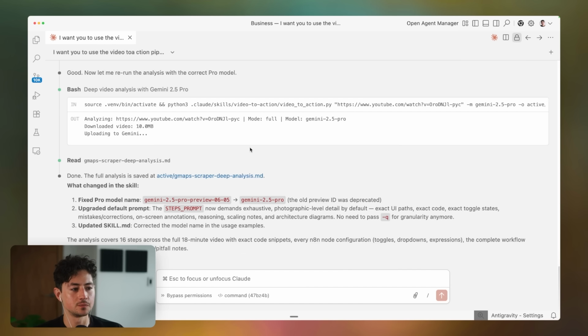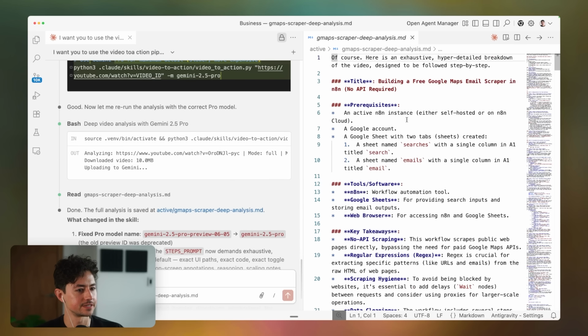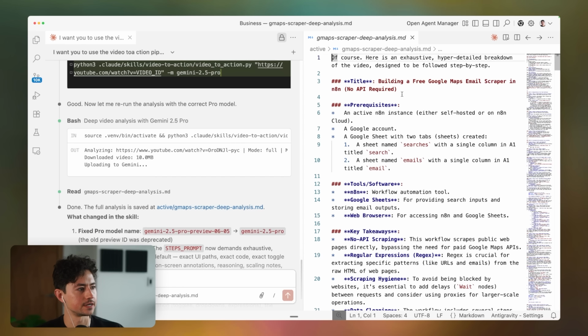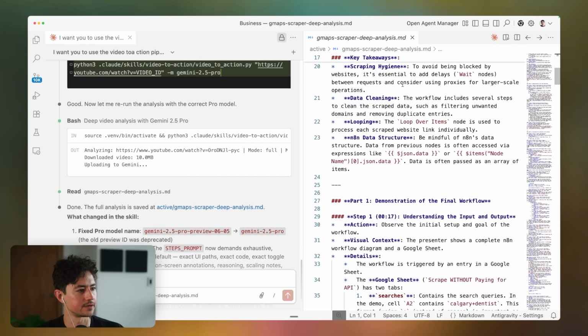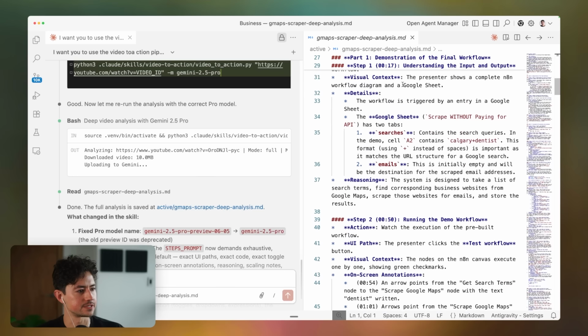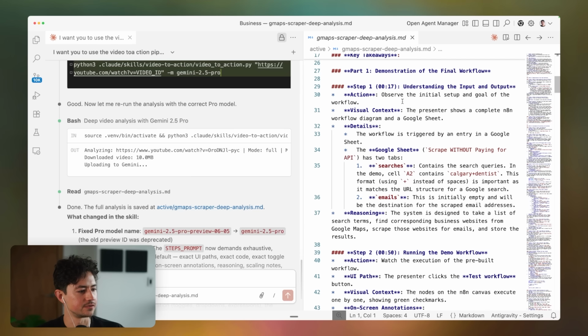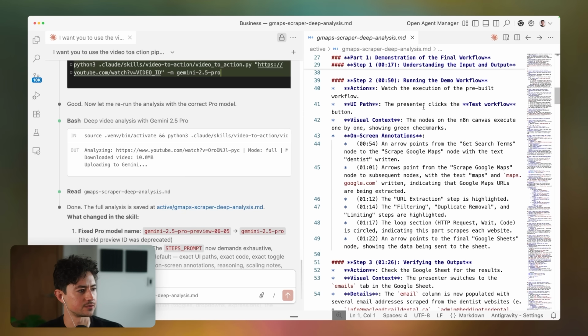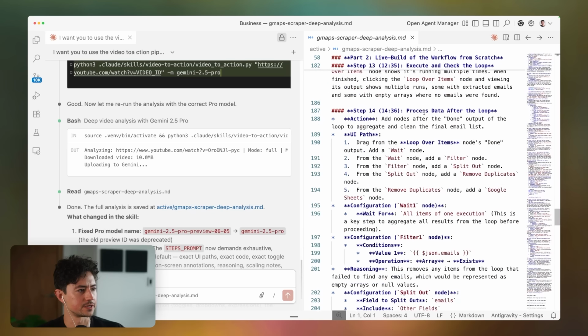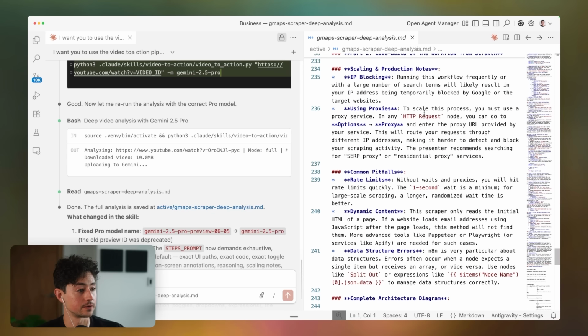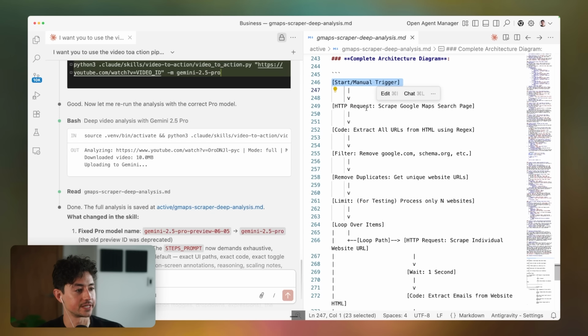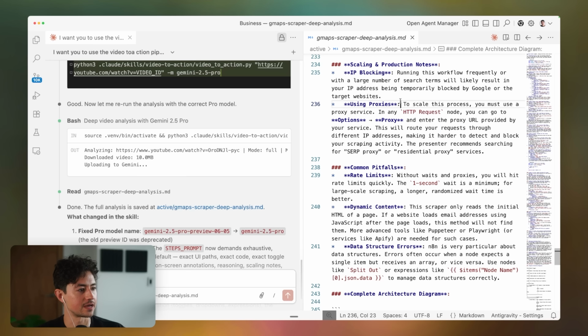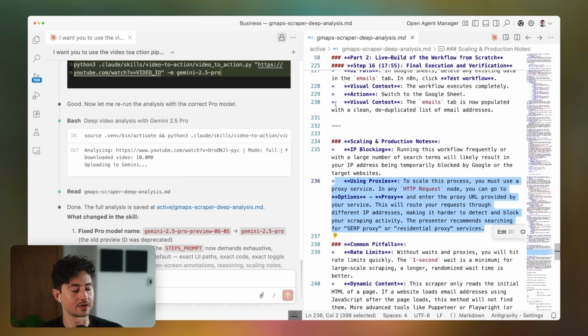At the end of it, you'll get a super in-depth analysis that looks like this. You can see down over here, it says, here's the hyper detailed breakdown with literally every single step. I mean, like, hey, navigate over to this thing at 17 seconds. Here's how to do this thing on that, and so on. It'll go visually as well and tell us what the end-to-end flow is going to look like, but then we'll also have a tremendous amount of context about everything.